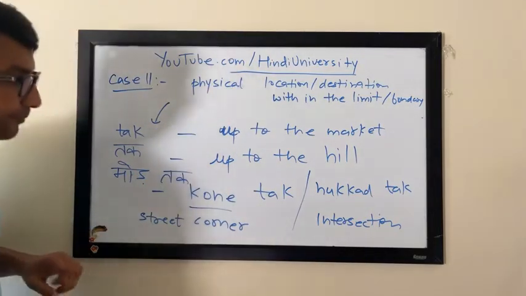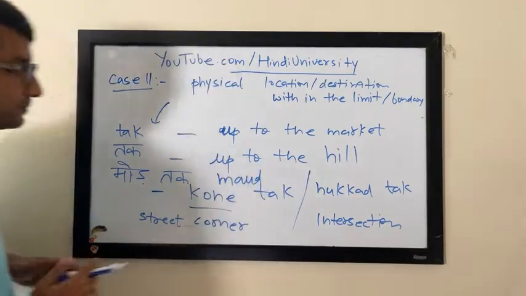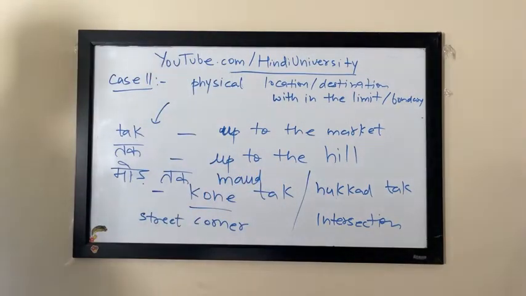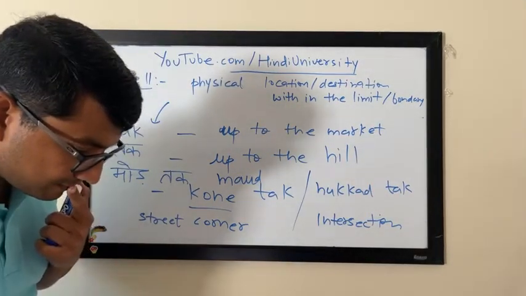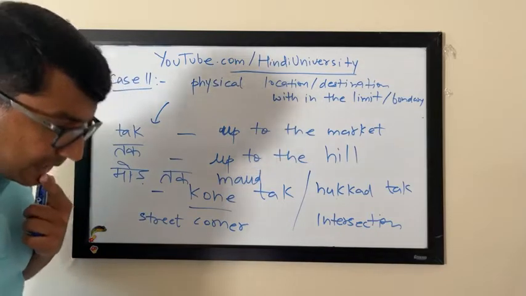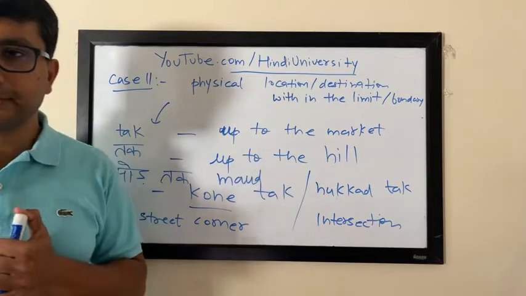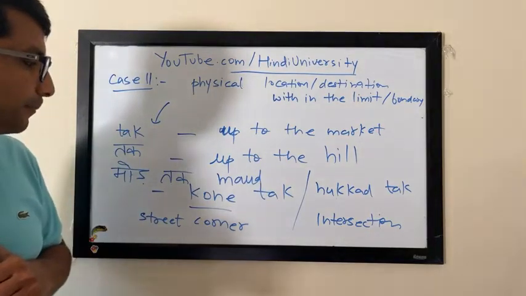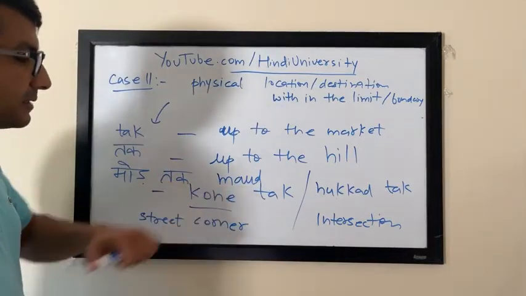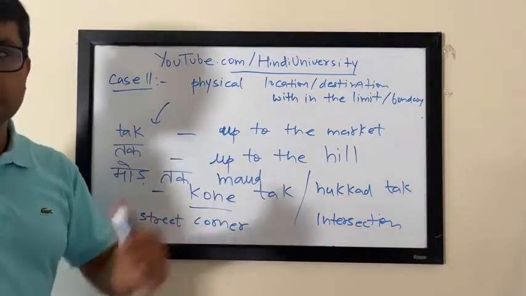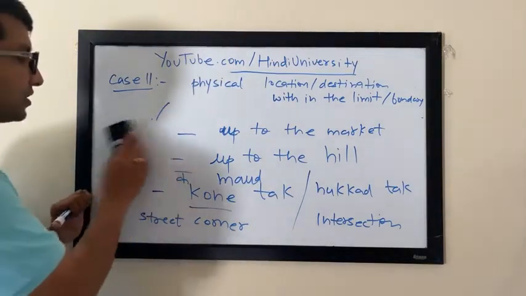The closest Roman script would be MAUD, more tak. Is it turn, like to turn? Yes, I guess that's correct. Like corner. It's like mudna, right? It's the same origin. But the sentence that I have in my mind with this tak is, us mode tak chalte hain. Let's go till that turn. Us mode tak chalte hain. Okay. Yeah.